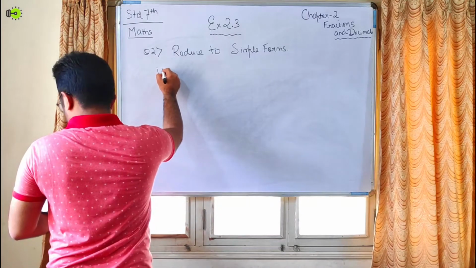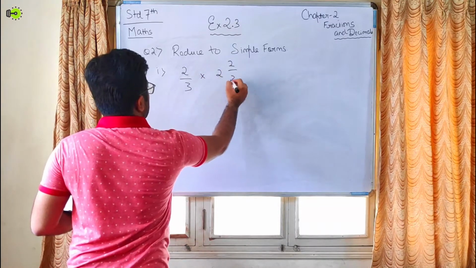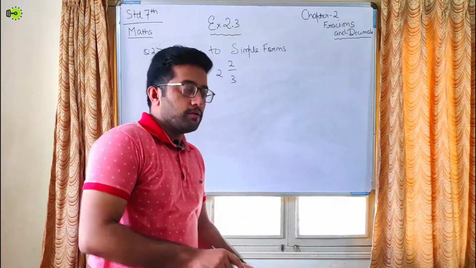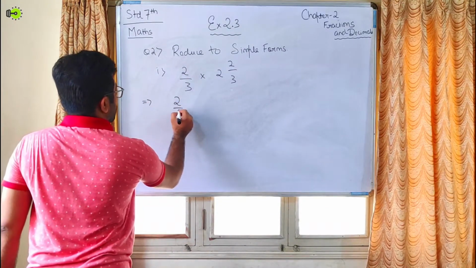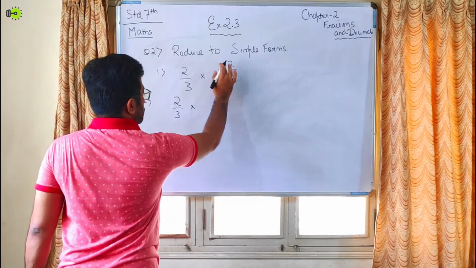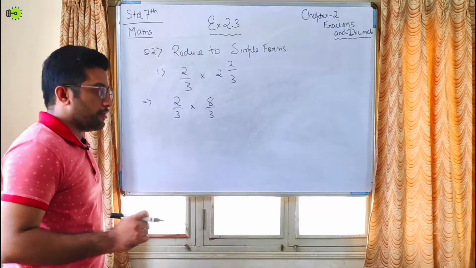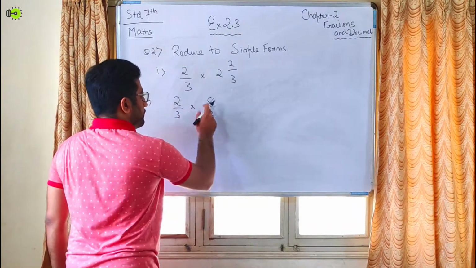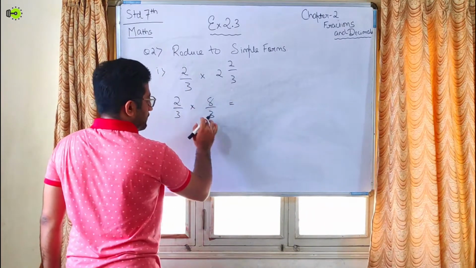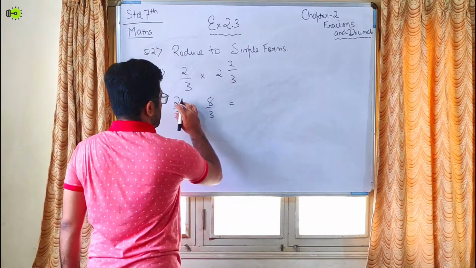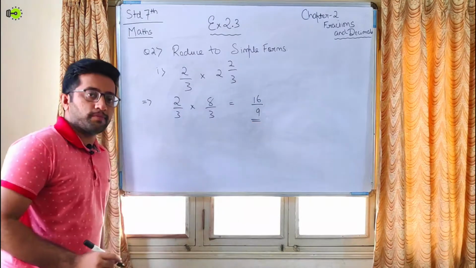The number 1 here is 2/3 multiply by 2, 2:3. So the first step we need to do is convert this mixed fraction into an improper fraction. So 2/3, multiply 3 into 2 is 6, 6 plus 2, 8/3. Now we will see whether there is something in common. No, here there is nothing in common. We have to see it in a cross way. If there is anything in common, we need to cut it out. There is nothing in common, so 8 2s are 16 and 3 3s are 9. Okay, so this is our answer.